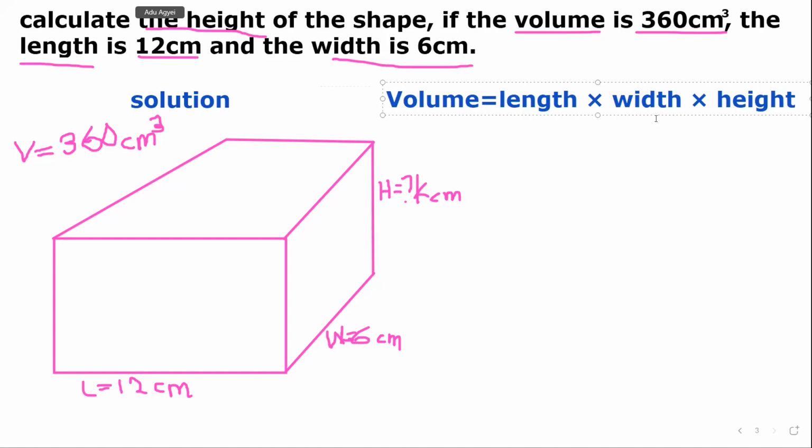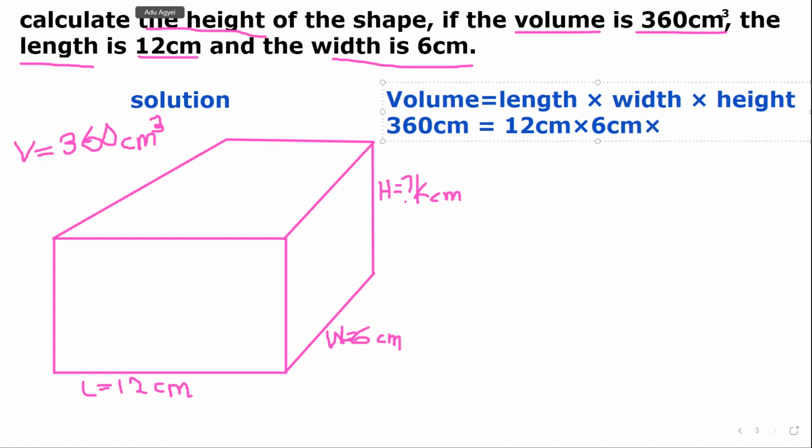Now, the volume has been given to us as 360 centimeters cube, which is equal to the length of the shape, 12 centimeters, times the width, 6 centimeters,